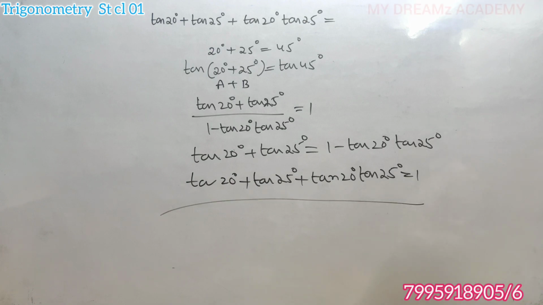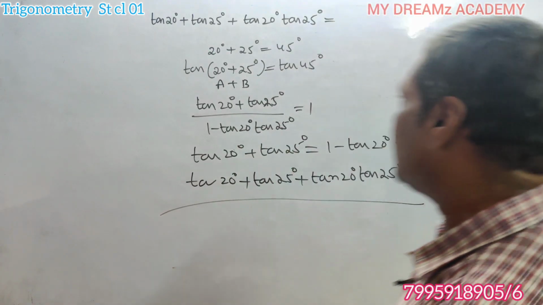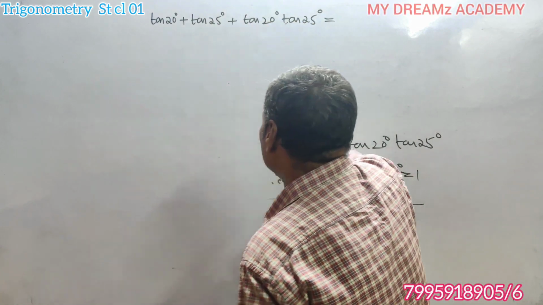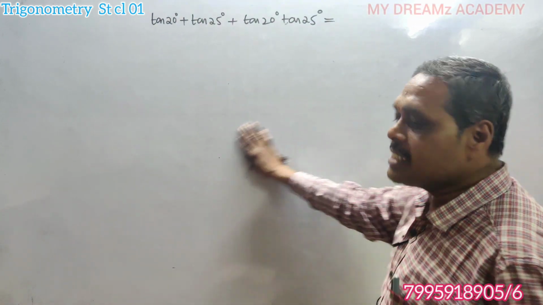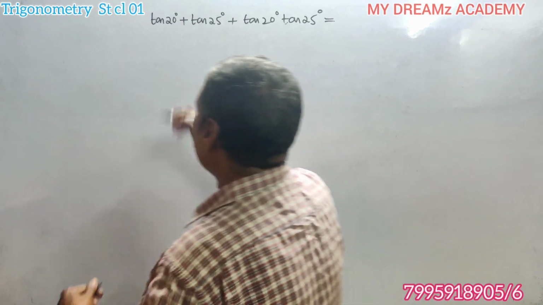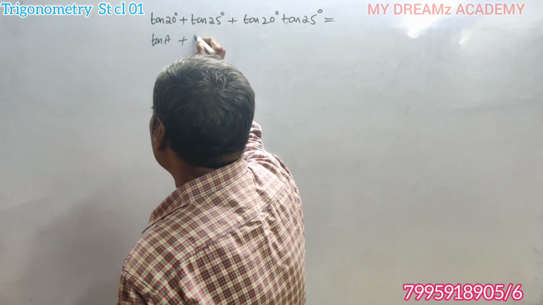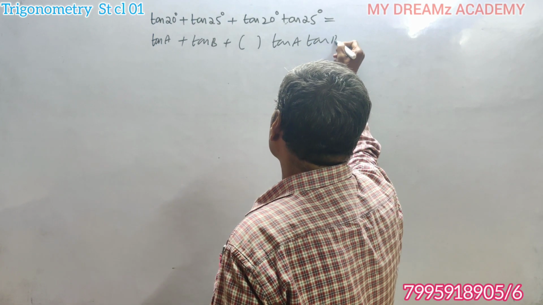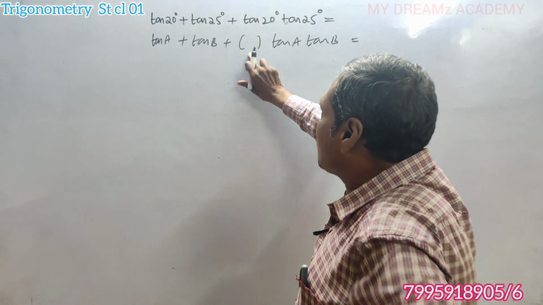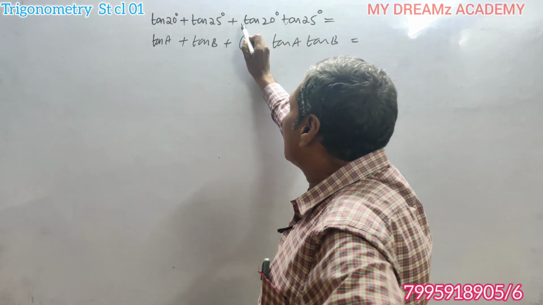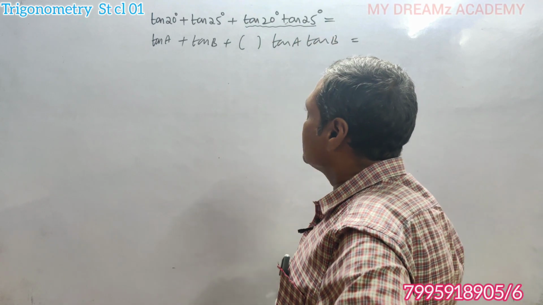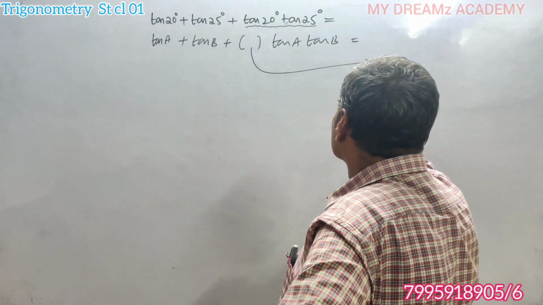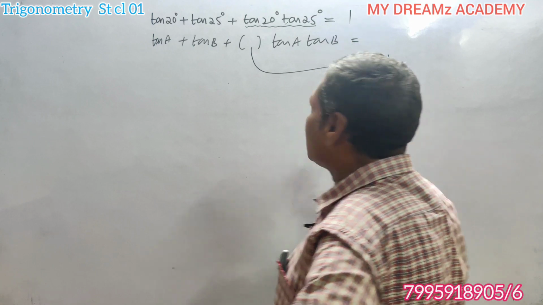Okay. Instead of that, I will give you one simple shortcut for this. Whenever the problem is in the form of tan A plus tan B plus tan A into tan B, if you ask what is the value, see the constant which is the coefficient of this tan A tan B, it must be plus. That is your answer. Here the coefficient is 1, so 1 is the answer.